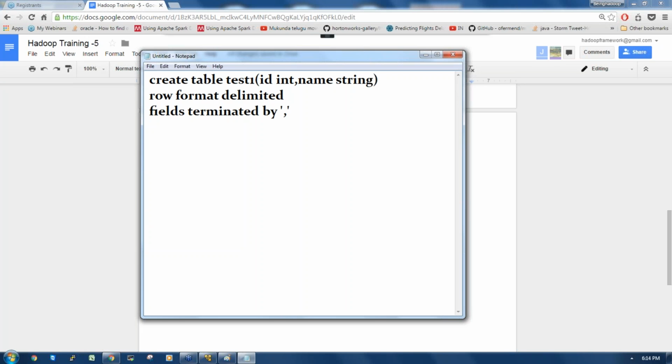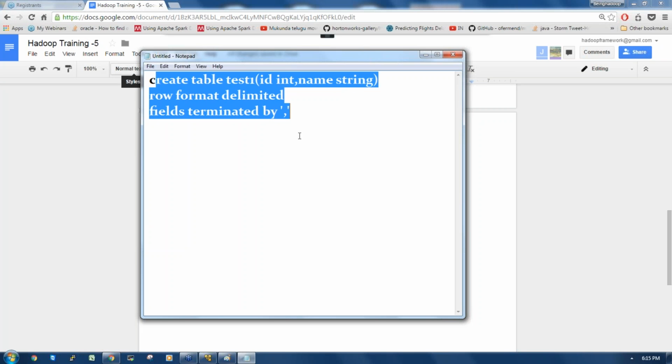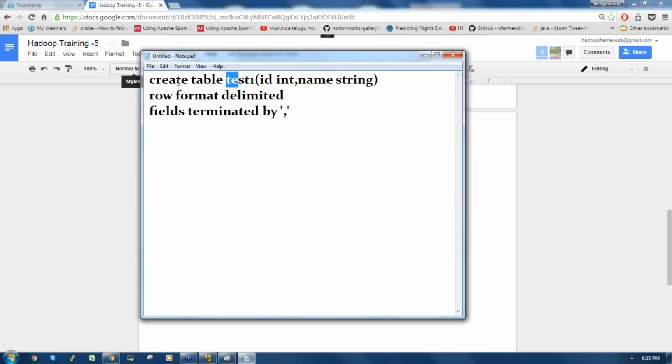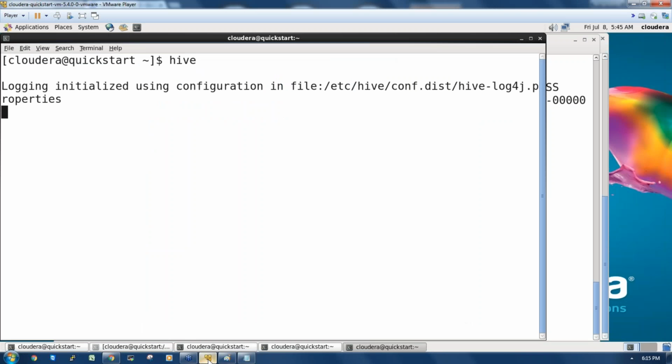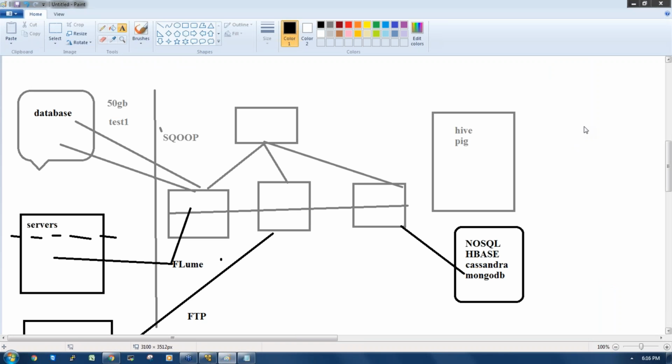So now I have collected data from MySQL to HDFS. Then I have loaded the data into a Hive table. This is the Hive query, the way we code in Hive is like this. I have created a table with a create statement, then the data is available in a file, so I use a load statement to load the data. Once the data is available here, then I can process this data by writing different select statements or by writing a select query. Start running. When I press enter, it means the job is going to be submitted.